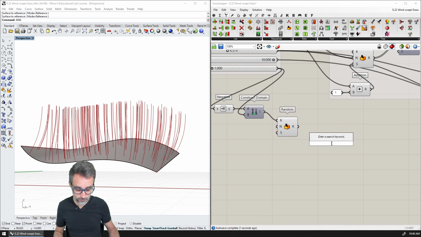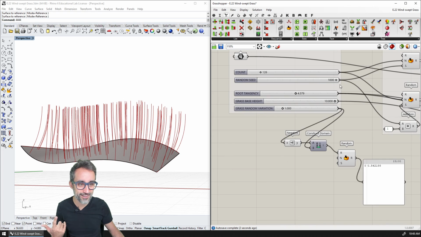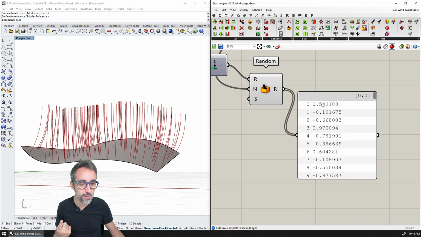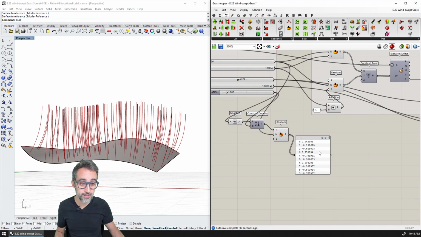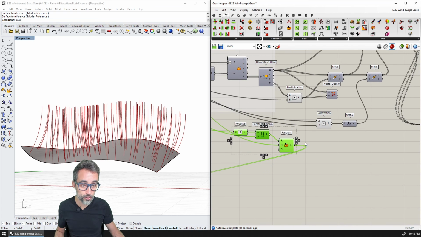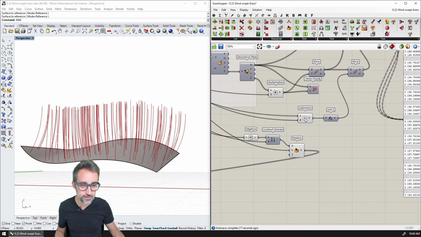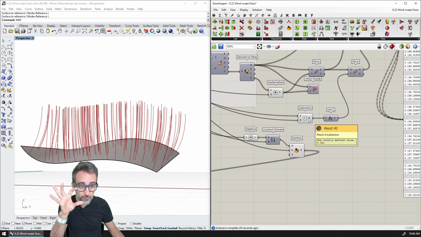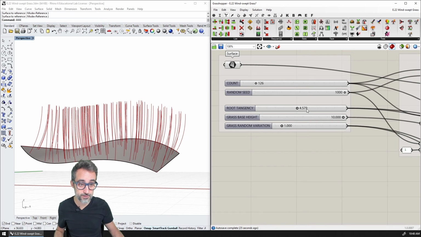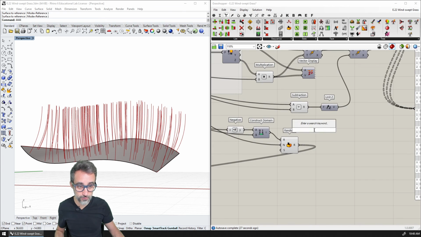I'm going to do that, and then you can see that if I plug in a panel, I get now one single value. Now I need however many values, 120, whatever, and you can see that I'm now getting values between +1 more or less and -1 more or less. If I now take these numbers and I add them to the list of the base height, which we computed, it was the total height minus the tangency. If I add those two together,